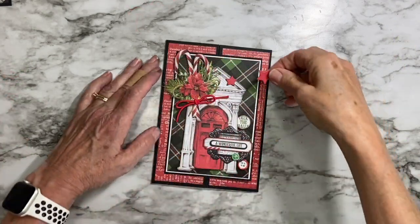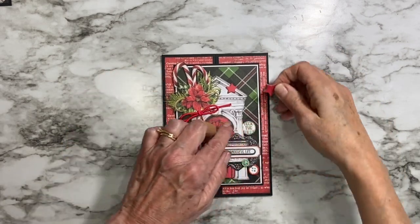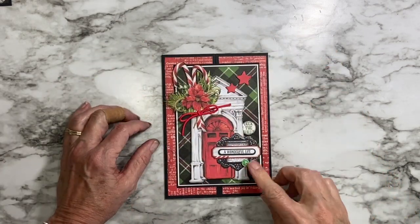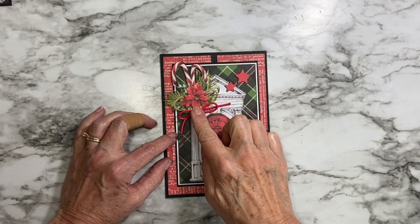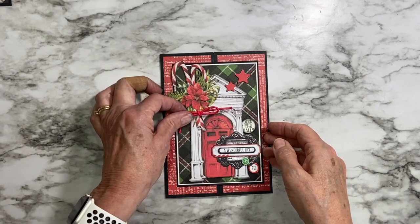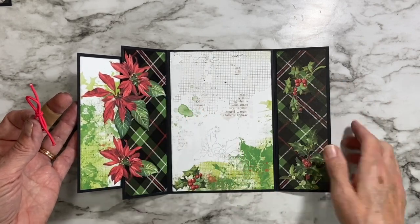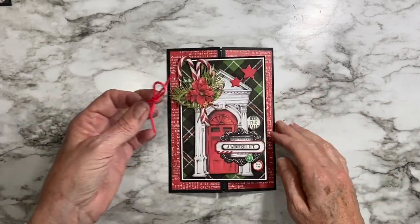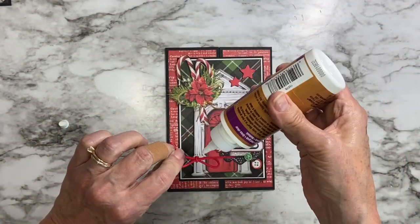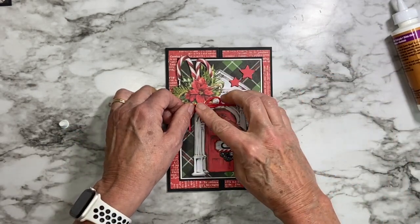Okay, I'm just adding the last few touches to this card. I put this chipboard circle here, Deck the Halls. I've got some chipboard stars here I'm going to add up there. Got my buttons drying, and I added a little bit of that elastic cording there, and that's still drying, but I'll pop it off just for a second so I can show you the inside, how that looked when I glued in those laser cut pieces. Really, really pretty. So I'm going to get a little bit of thicker glue here to give this a chance to really grab, and then I can set this one aside and we can go on to the next style